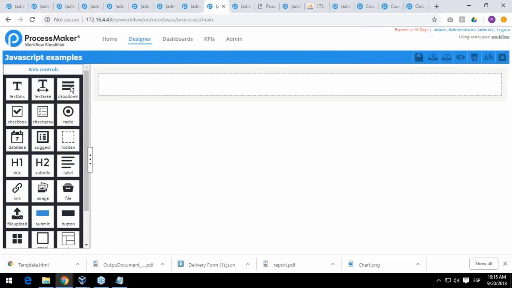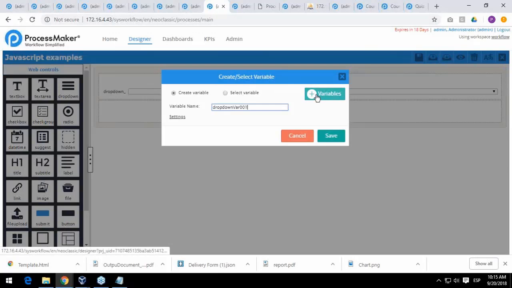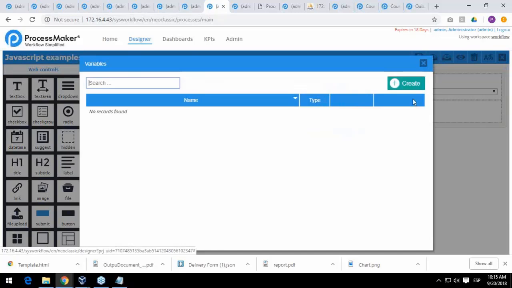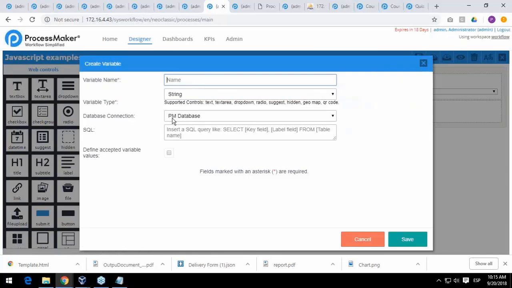I need a drop down. I'm going to create this Dynaform with the purpose to show you the options that we can have by applying JavaScript. So you are going to see plenty of options with which we can work and we can develop all these Dynaforms. So I'm going to create this variable, and the name is going to be contractor,